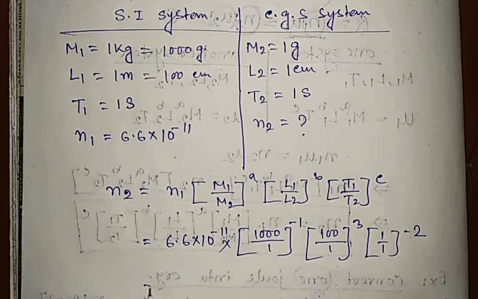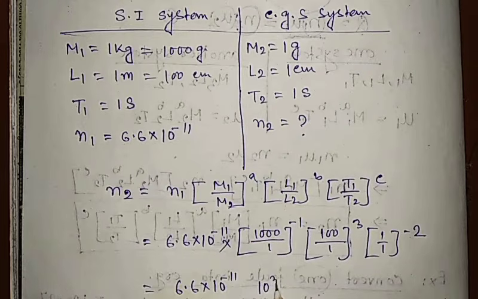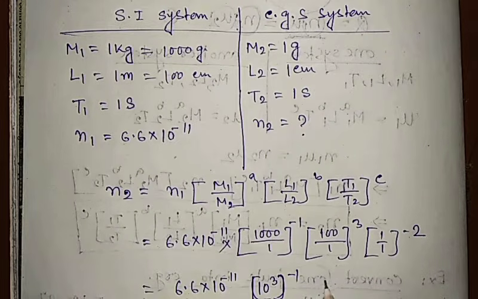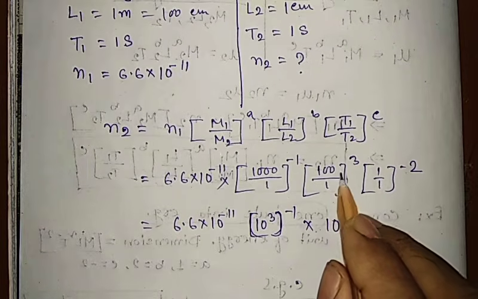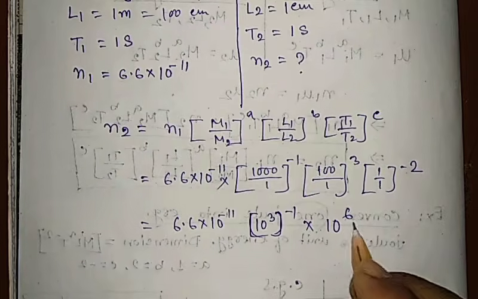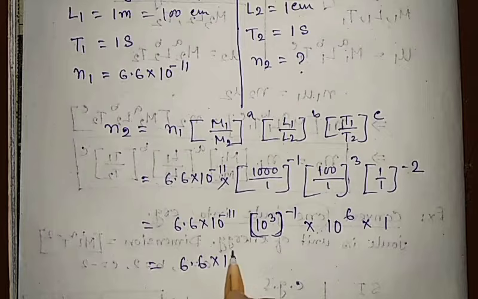Okay, this is 6.6 into 10 to the power minus 11, into 10 to the power 3 whole to the power minus 1, into 10 to the power... 10 square cube. This is 6 and this is 1, equals 6.6 into 10 to the power minus 11